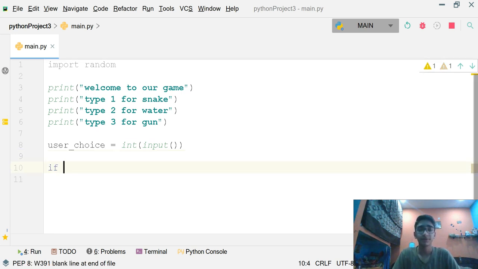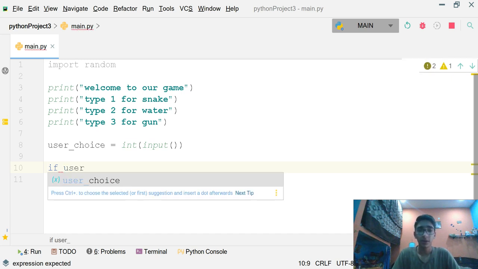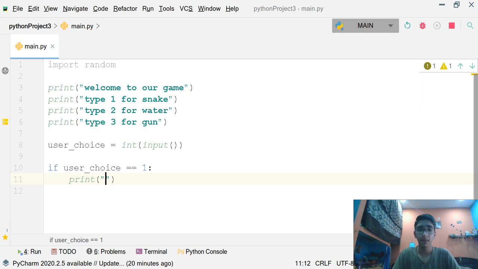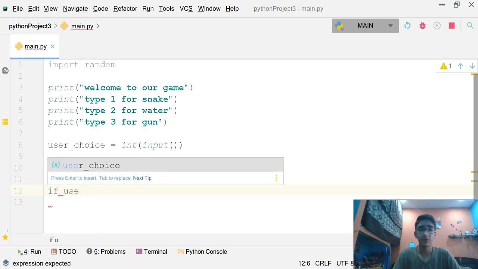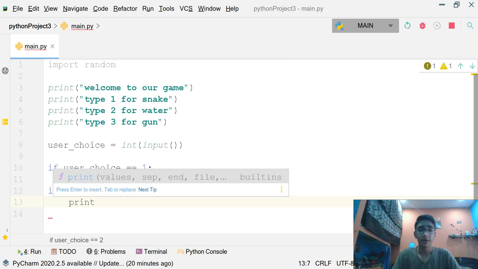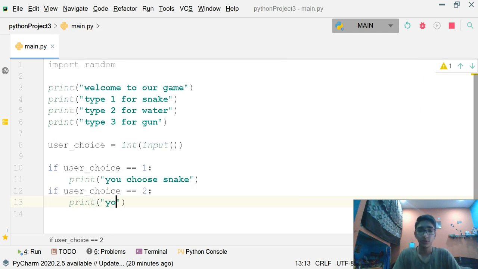Now let me write a few if statements. If user_choice equals 1, then print you choose snake. Another if statement, if user_choice equals 2, and it is important to put double equals, print you choose water.